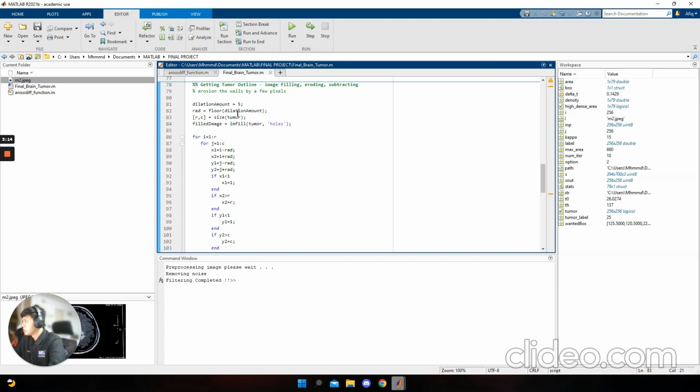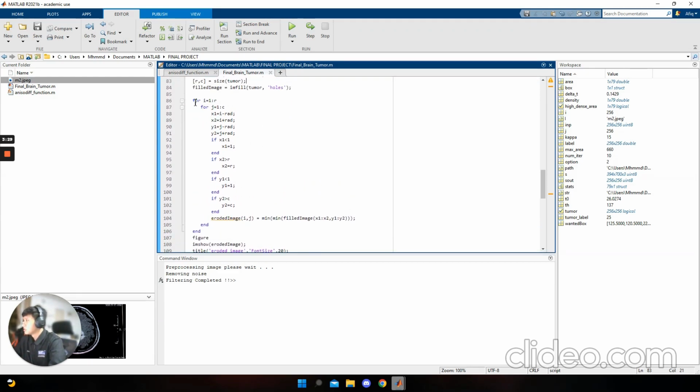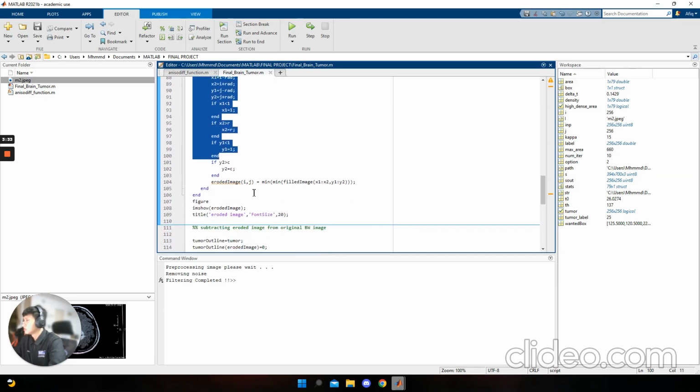So the 5 will be in here and the declaration is in the red. So this is the size of the tumor, and the fill image will fill the tumor. So these are the array bit and the position of it, and at the end we get the eroded image, which is represented by I and J,